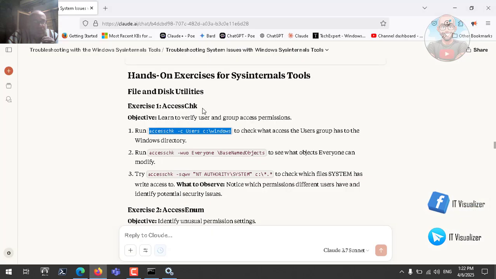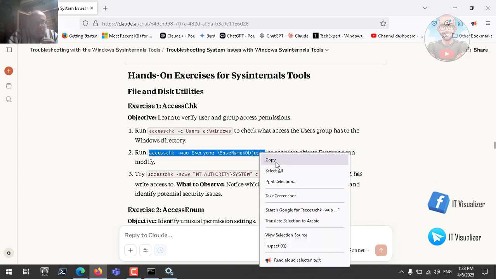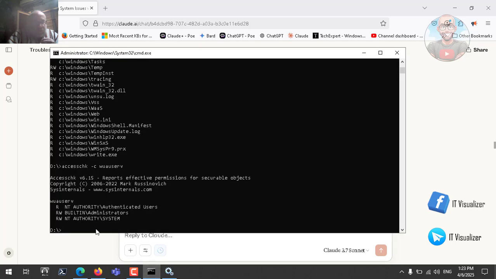So if you go and see, this is C user, C Windows. So check what access the user groups have to the Windows directory. This is not correct. Okay, minus C is not the correct syntax. This one, WUO, everyone, base named object, to see what objects everyone can modify. So let's also see what this parameter will do exactly. If I go there, make it CLS and then try to run this one,